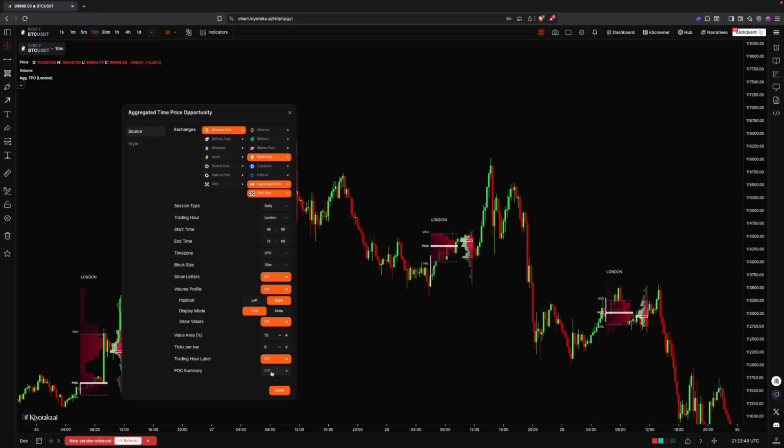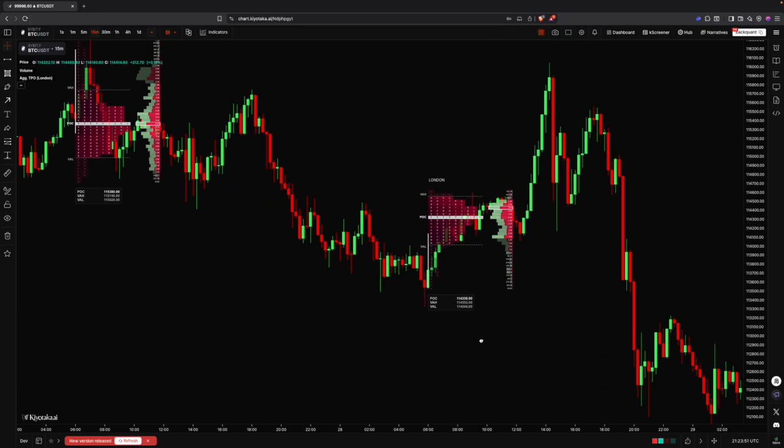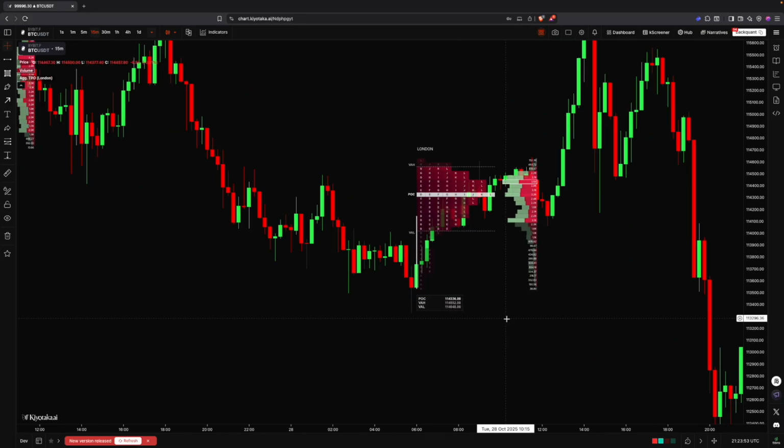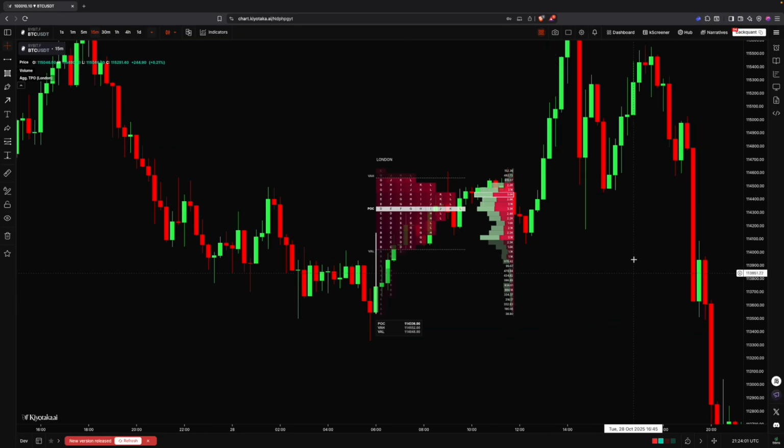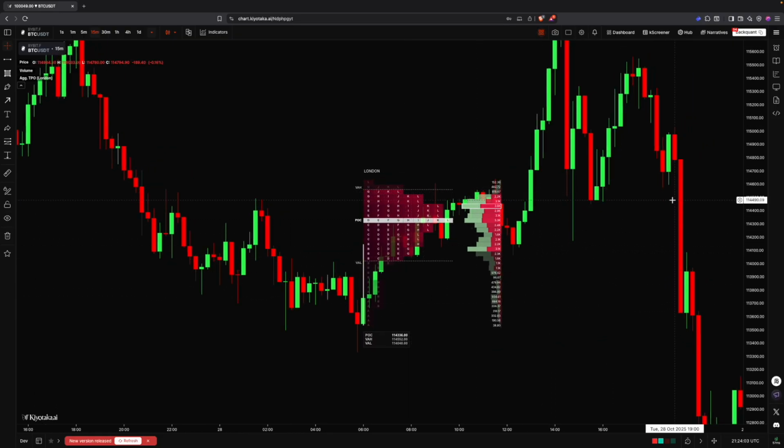And next up, we've got the POC summary. What this will do is add a box below the TPO profile that tells you the price level of the POC, the price level of the value area high, and the price level of the value area low. So this is really good for, once again, if you're trading based on these points of interest, you can easily just set an alert for